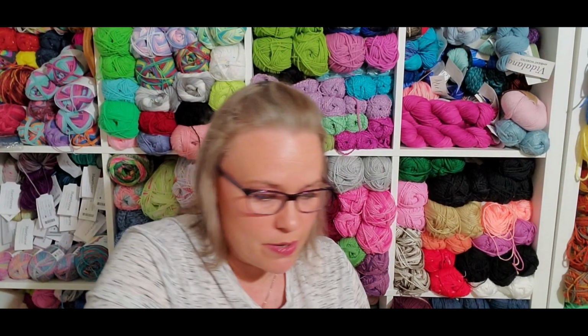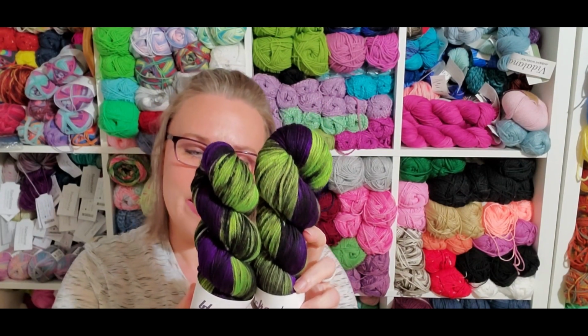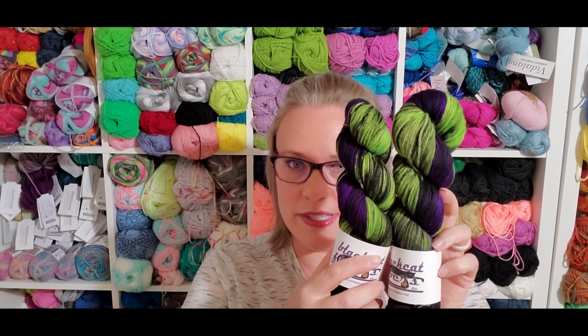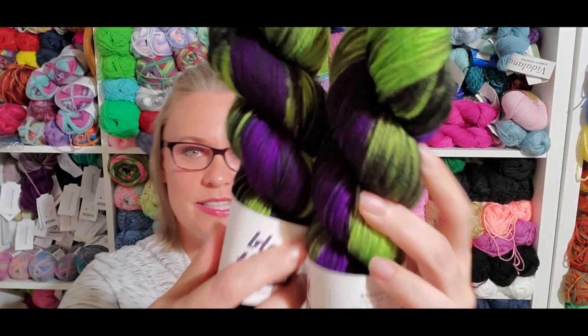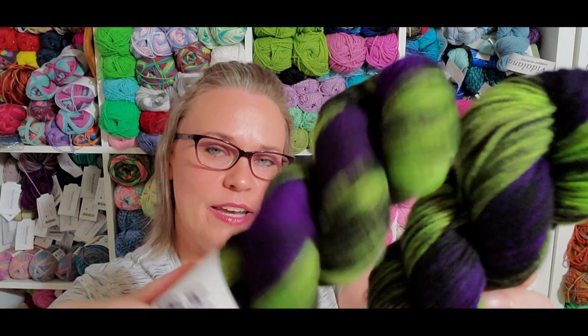So on day 2, I went back and bought these. These are on the DK base. So this is 462 yards, 200 grams. And this is Frankie's Demise. I love that name. But this is the purple. Yeah, you can see the purple real good there. Purple, black, and green,